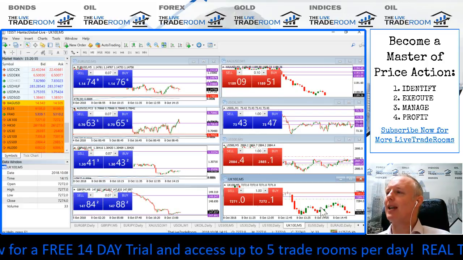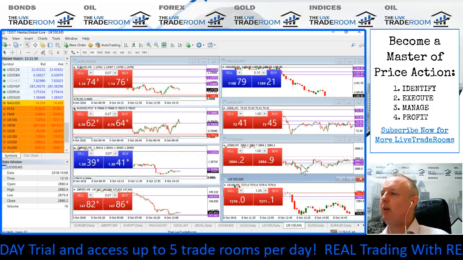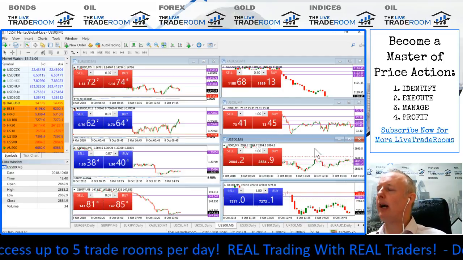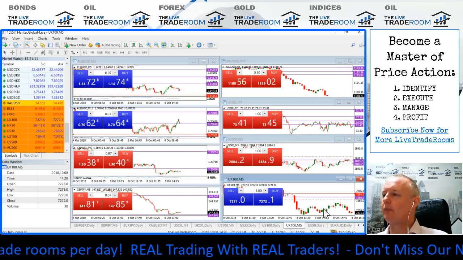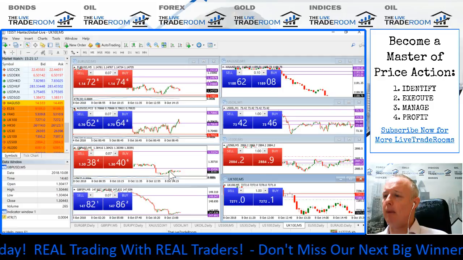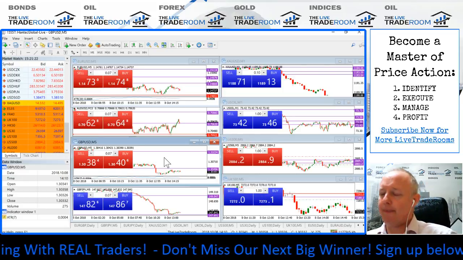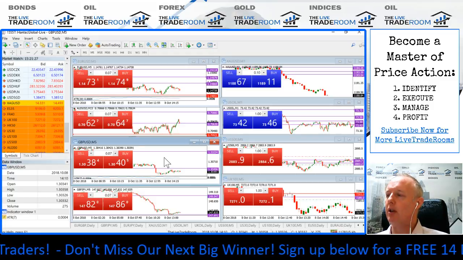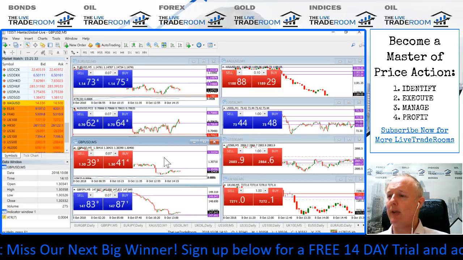But let's see if we get the price action that can back it up, because that is the all important question. Will we see the US equities continue lower? We're very likely to, but we'll have to wait and see. The same situation for the FTSE. In fact, we're likely to see all these markets continue lower. It's just getting that timing right, and the fact that it's slightly lighter markets means that these markets could be prone to a little bit more manipulation, which can work for you or against you depending on the trades that you happen to be in.